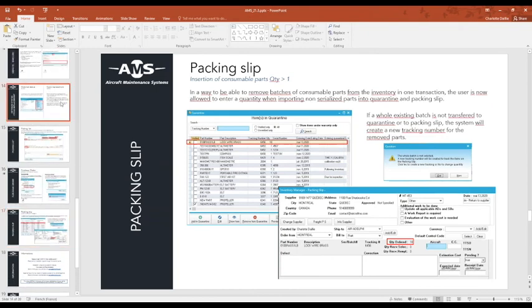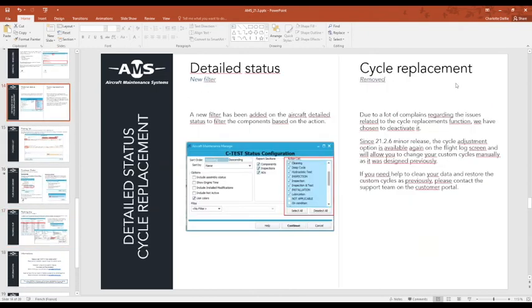Just a little last word about the cycle replacement, because I completely forgot to show you this one. So back to the aircraft maintenance manager, I'm sorry for that. The cycle replacement has been removed because we had really a lot of issues, a lot of questions or help asked of the support team, and every time we needed to do some database cleaning, and this is not something that is really enjoyable for you.